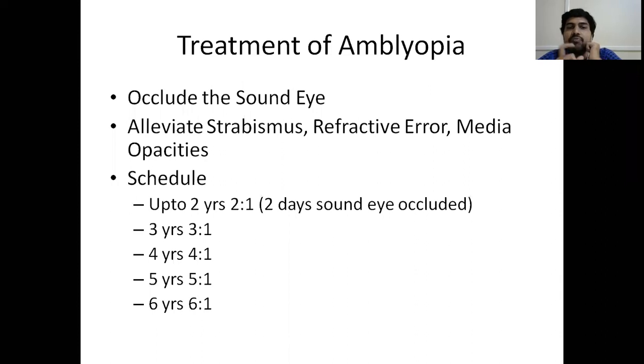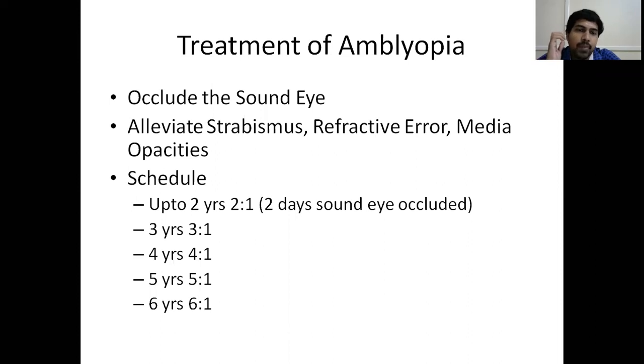Because up to 6 years of age, the vision will be maturing. So if you completely close this normal eye permanently, there is a chance that the normal eye will also become blind or lose its vision. So we don't want that to happen. That's why if you are closing the normal eye for 2 days, you have to reopen it for 1